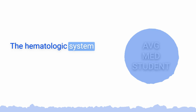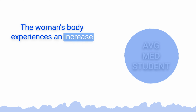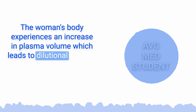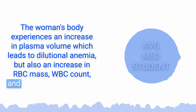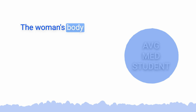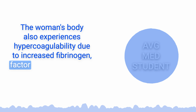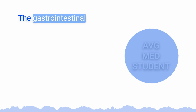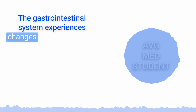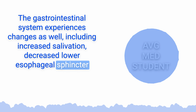The hematologic system also experiences changes during pregnancy. The woman's body experiences an increase in plasma volume, which leads to dilutional anemia, but also an increase in RBC mass, WBC count, and alkaline phosphatase. The woman's body also experiences hypercoagulability due to increased fibrinogen, factor 7, and factor 8, but a decrease in platelet count and protein S. The gastrointestinal system experiences changes as well, including increased salivation, decreased lower esophageal sphincter tone, and